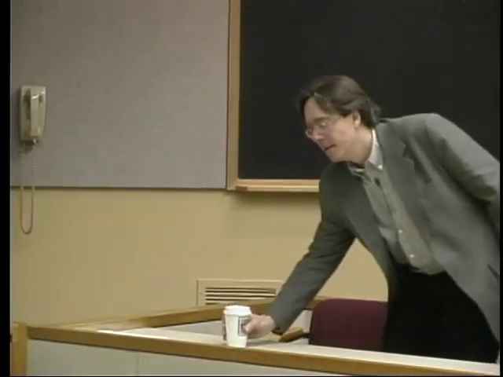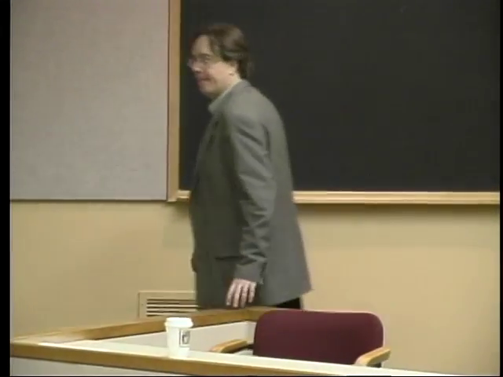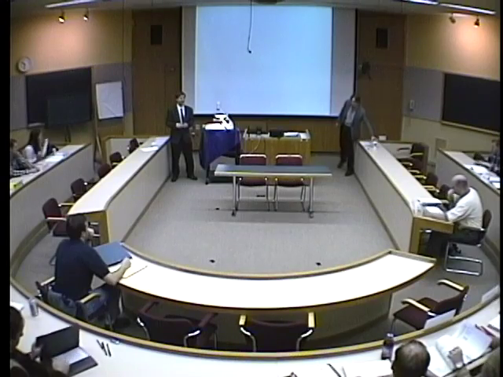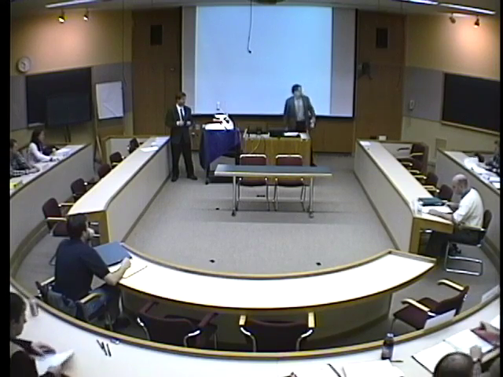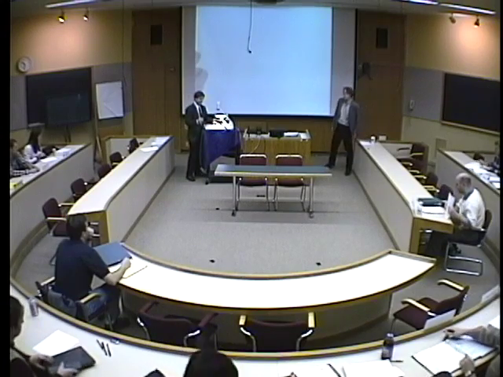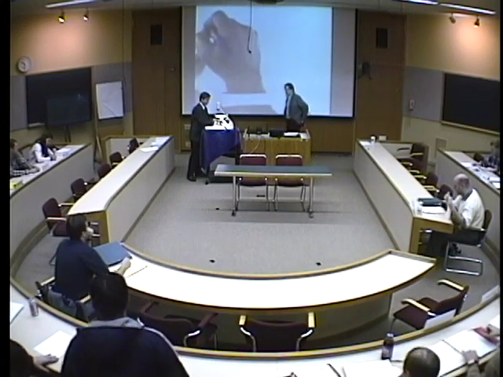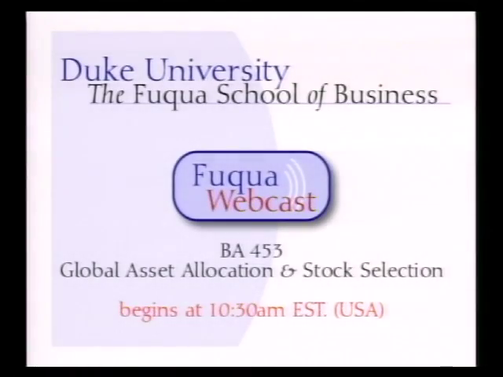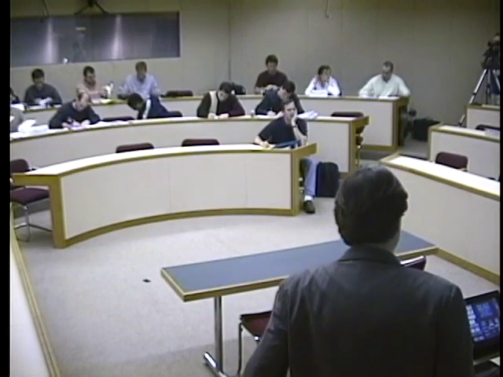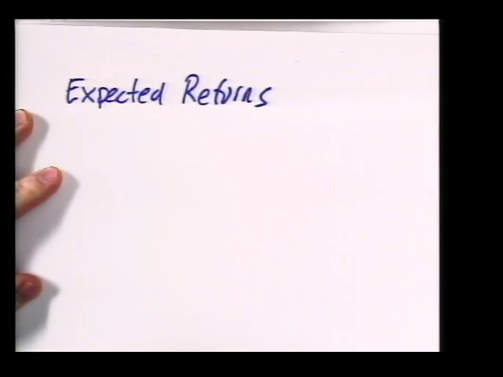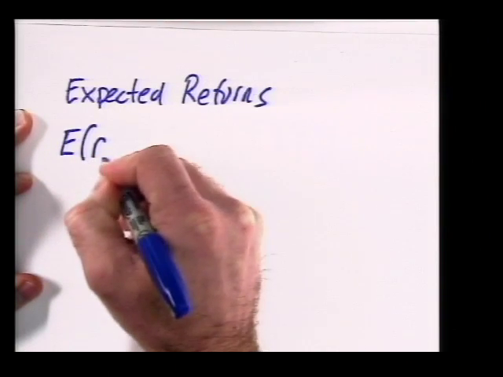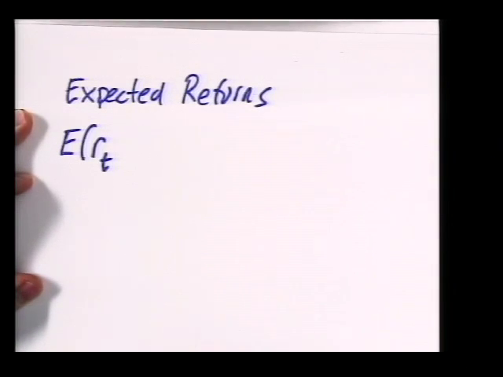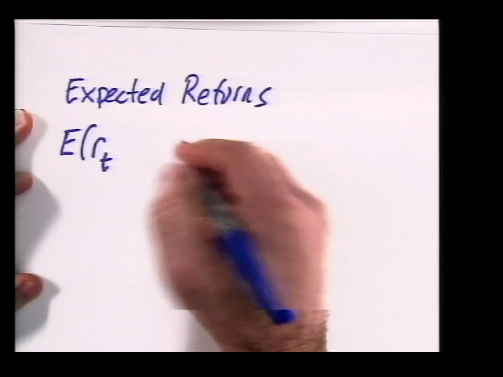I'm going to go to the overhead and explain the basic intuition as to where we're actually going today. And then we're just going to sit down and talk about volatility modeling in general. So the first thing, what we've already established is the expected return mechanism. And that's mainly what you're working at in assignment number 3, is expected returns. So we have some sort of model of expected returns. We're forecasting returns, I'll call that R sub t. Okay, and they're going to be a function of